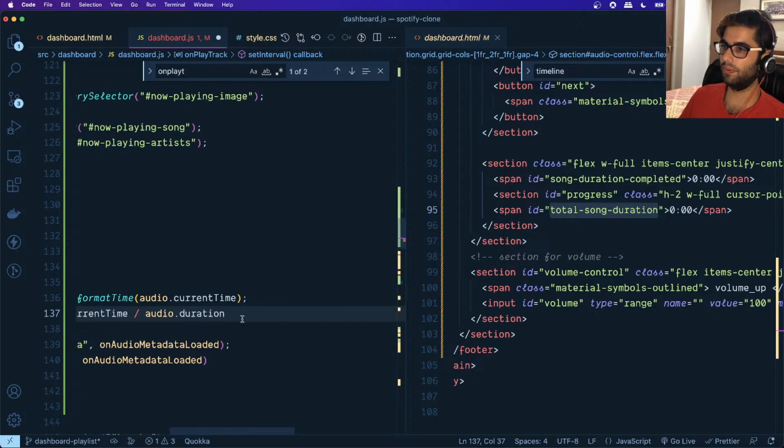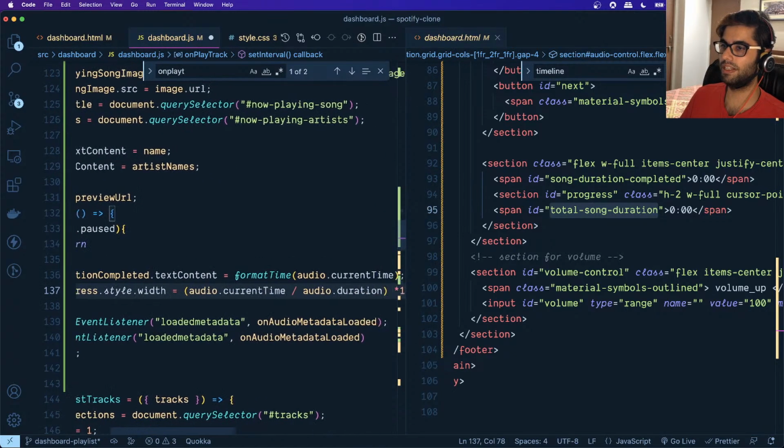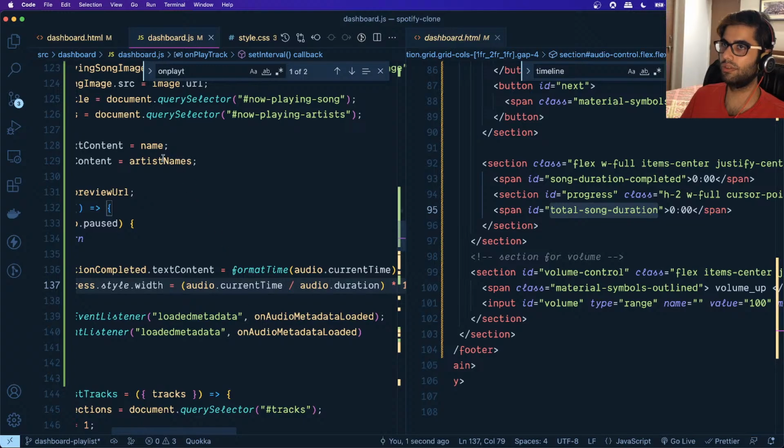So this is for filling up the progress bar, and if we multiply that by 100, it will give us the percentage completed. So we are specifying the width in percentage. Okay, and